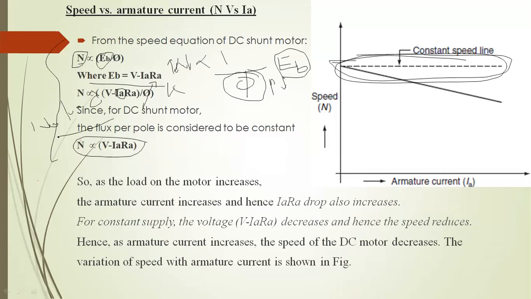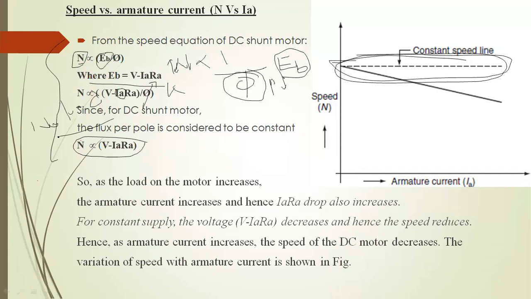The flux is going to be maximum, because there is no load and so no armature reaction. Now I am going to increase the load on the motor. Then what will happen? The armature current is going to increase to provide the torque of your motor at the standstill position. By increasing the load, what happens to the flux?